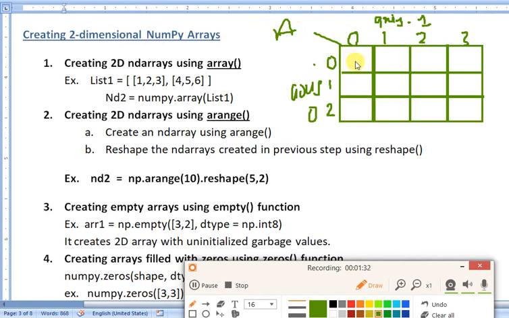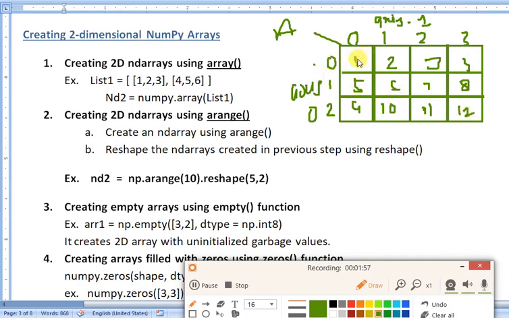Suppose we have here 1, 2, 3, 4, and 5, 6, 7, 8, 9, 10, 11, and 12. So this data is stored in this tabular form. So this is a two-dimension array.